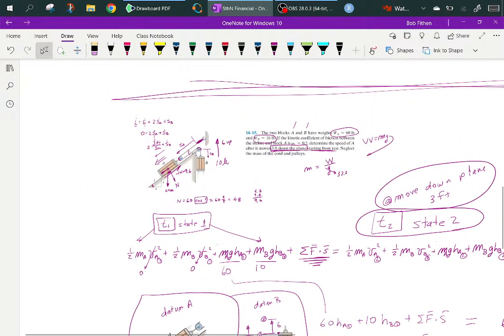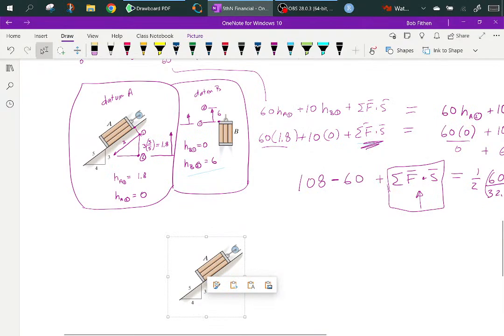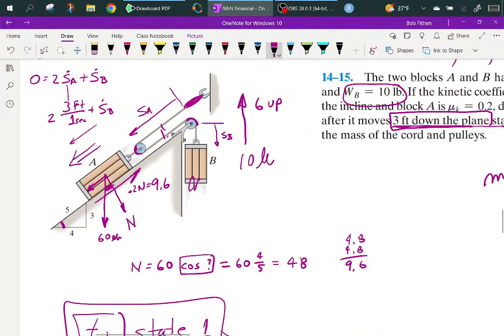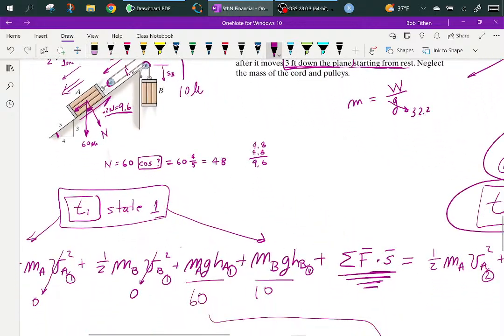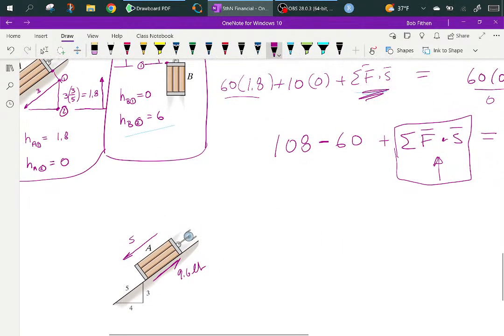Since I already have this, I'm going to do it this way. I'm going to copy this picture. The friction only exists in this one. I guess technically you could have air friction here. You could have some air resistance, but it's not rubbing against anything. We already found the frictional force was 9.6 pounds. So here's your 9.6 pounds, and it's moving this way. So since that's the case,